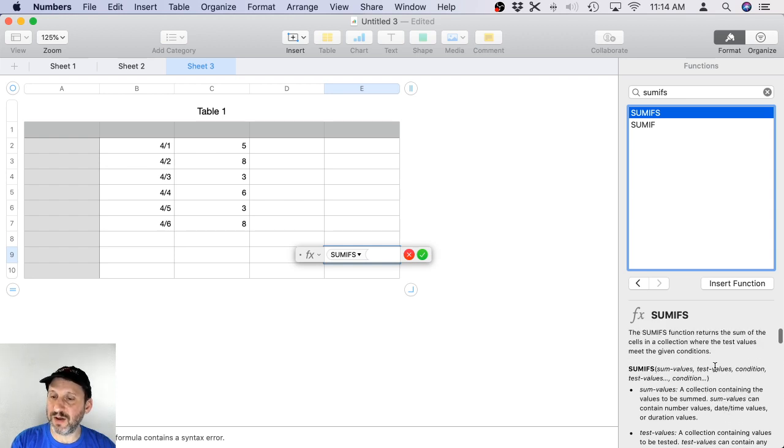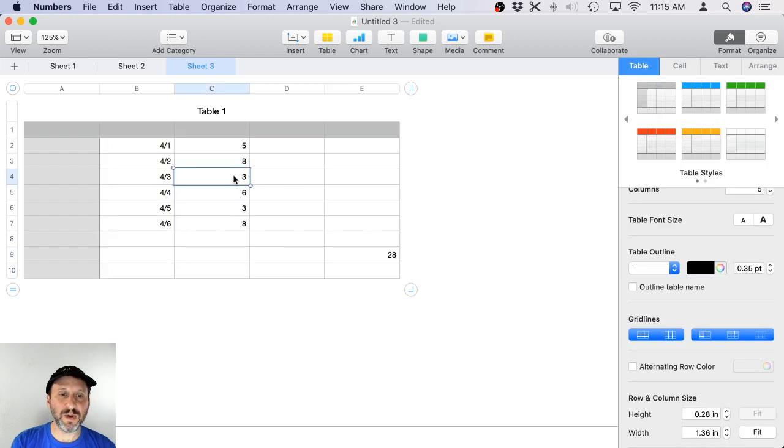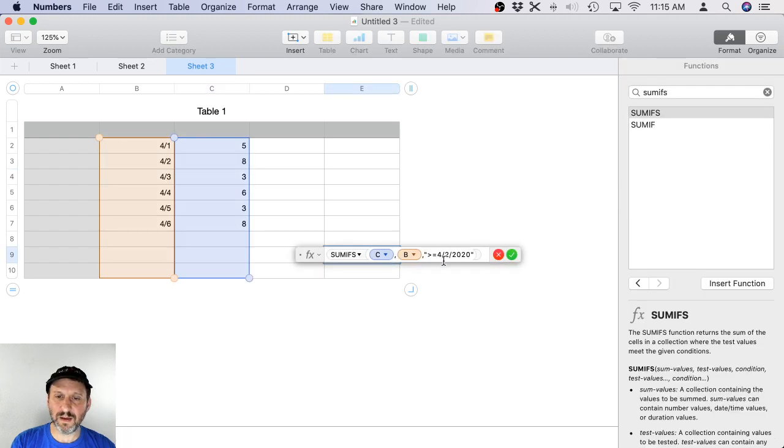it's sum values, test values, condition, test values, etc. So you do the sum values. So you do C. That's the values I want to add up. Then the test values would be B. And then I'd want them to be greater than or equal to 4-2-2020. And if I just stopped there, I would get everything. I would get the 3, 6, 3, 8. Right? Is that right? Oh, no, and the 8 there. So these there. If I change it to greater than or equal to 4-3,